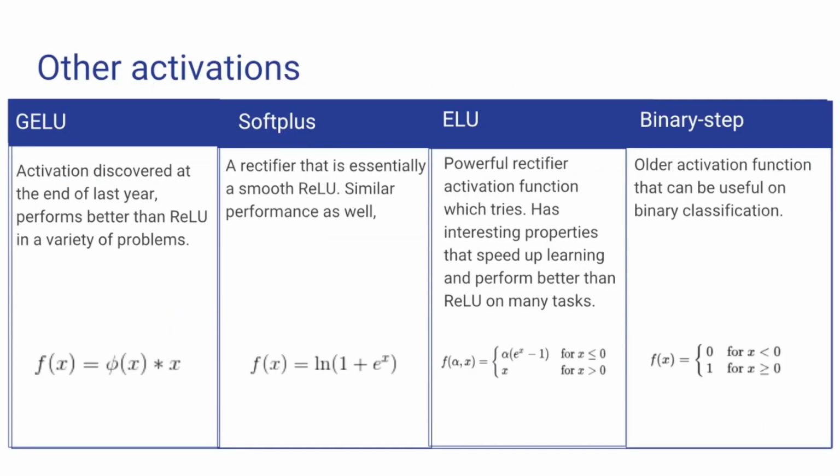So a couple others that we'll go over quite quickly. GELU, this is a brand new activation function, the details of which were published in November 2018. According to the white paper, it performs better than ELU and ReLU on every test they tried it on. However, it is extremely new. I would suggest trying it out if you have a problem that doesn't take too long to train and you can do quite a few different iterations of models and play around with things. This is definitely an interesting thing to try. There's not too much out on it, but it does look very promising.